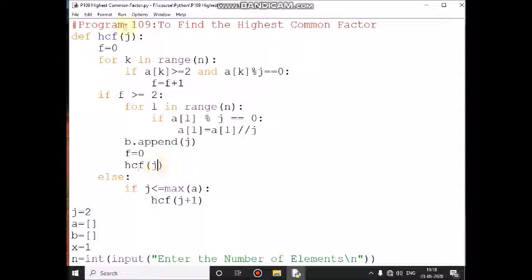then again control comes here, F value 0, then K value 0 in range 4, the condition is true, then control comes here. A of 0th location value 5 greater than or equal to 2 means the condition is true, and A of 0th location value 5 modulo 2 means the condition is false, so control comes here and the K value will increment to 1, the condition is true up to 4.